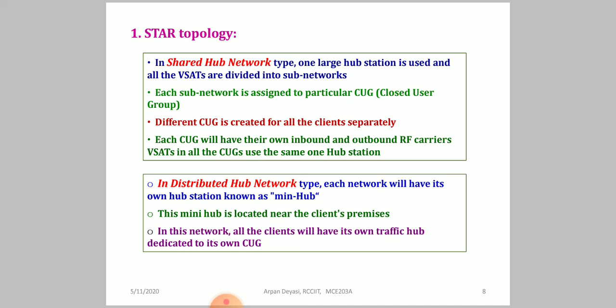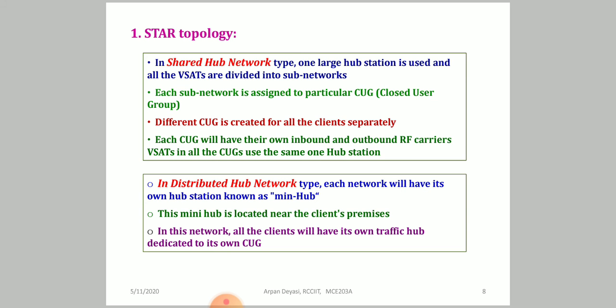That's the feature of the shared hub network. Each CUG will have their own inbound and outbound RF carriers. So they can have their own RF carriers, VSAT, and all the CUGs use the same one hub station. Please consider it is star topology, so one hub station is required. You can use your own RF carriers for inbound and outbound signals, but ultimately you have to communicate with the